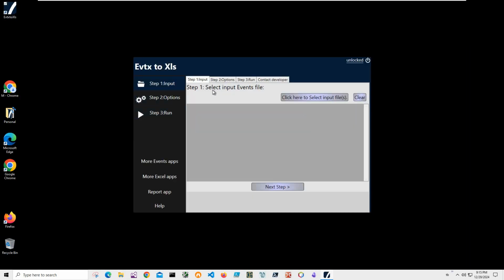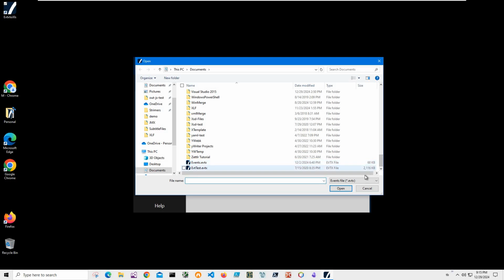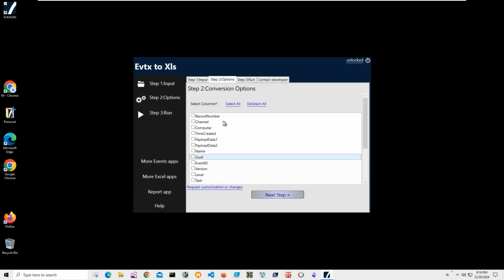Now conversion is a 3 step process. In step 1 we will select the events file. I will navigate to my documents, and I have a 2 MB 3000 events file here. Click on next step. Here on this step